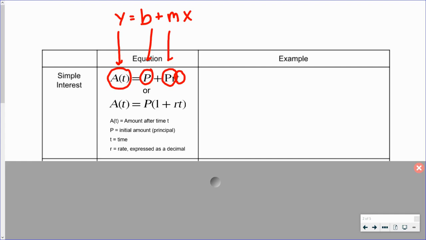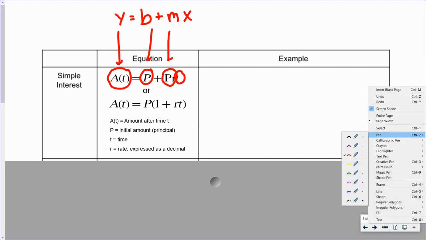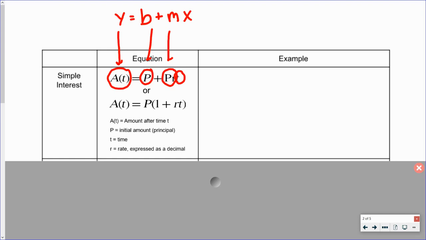Now, how would you apply this equation? Well, you can use it in a variety of different ways. Most of the time, we're going to be looking to see how much money is in an account after a specific amount of time, or we might want to solve for one of the other variables if we're given other information. So if we look at the Alfredo problem, option number one,